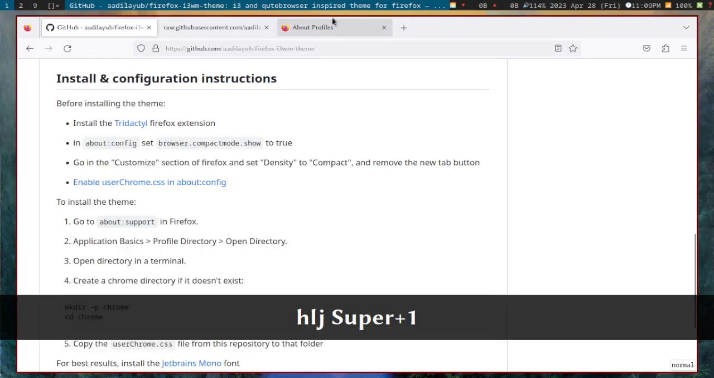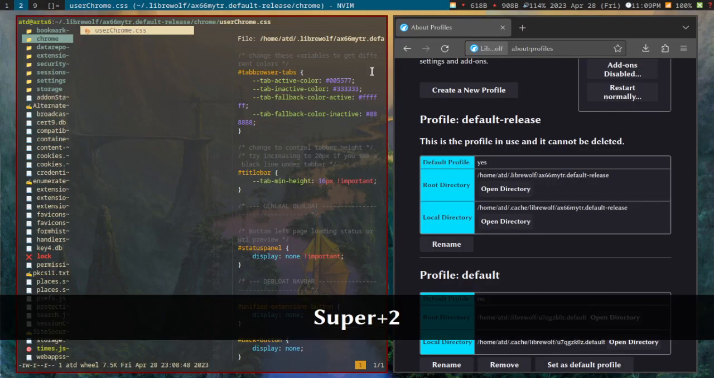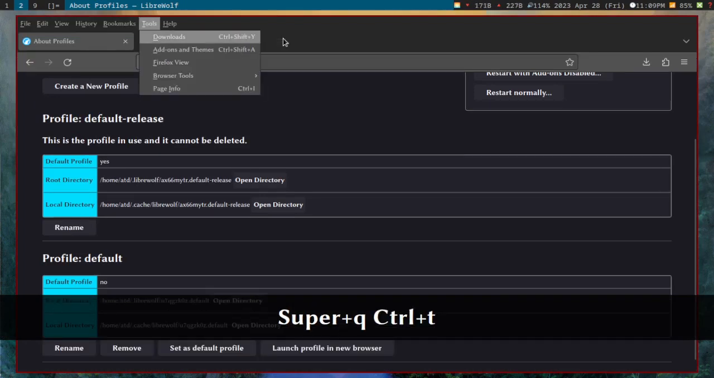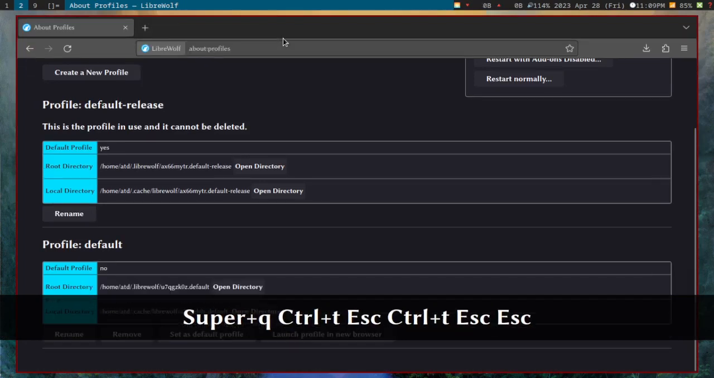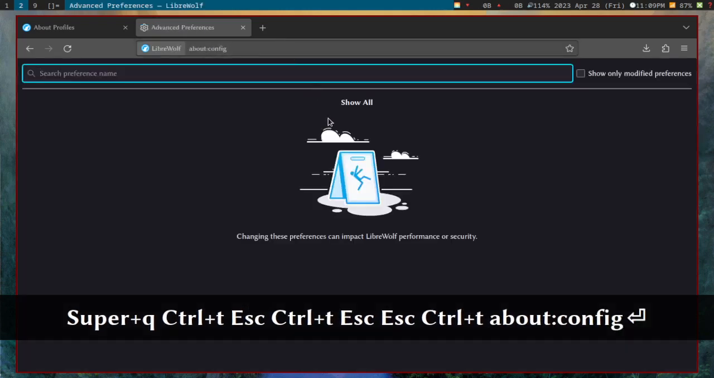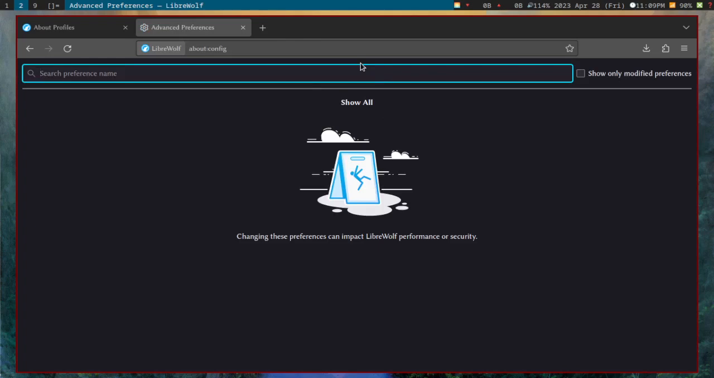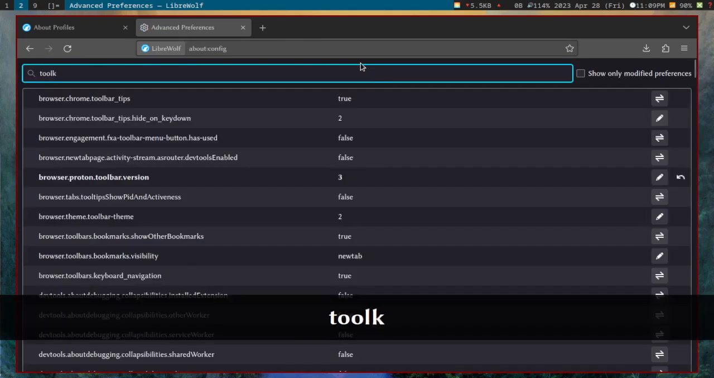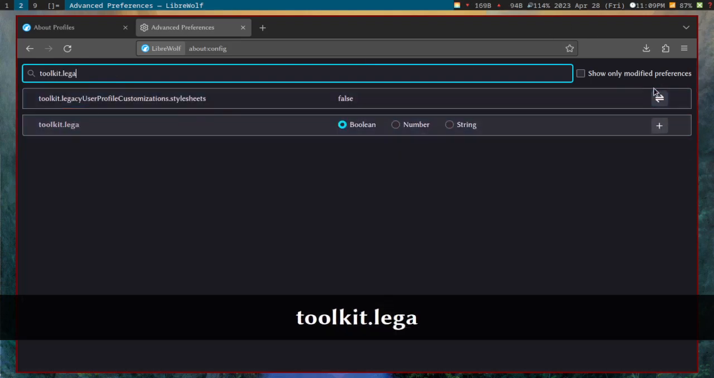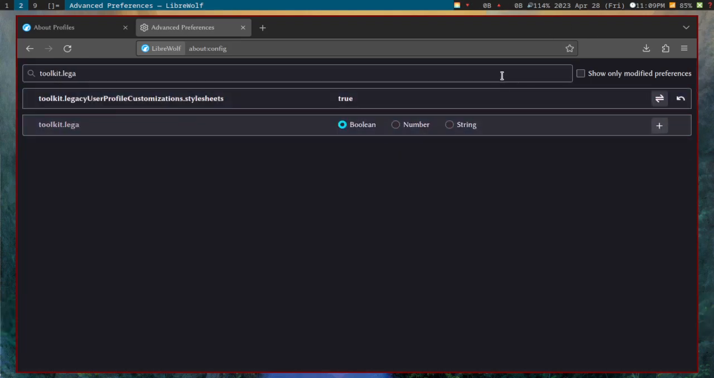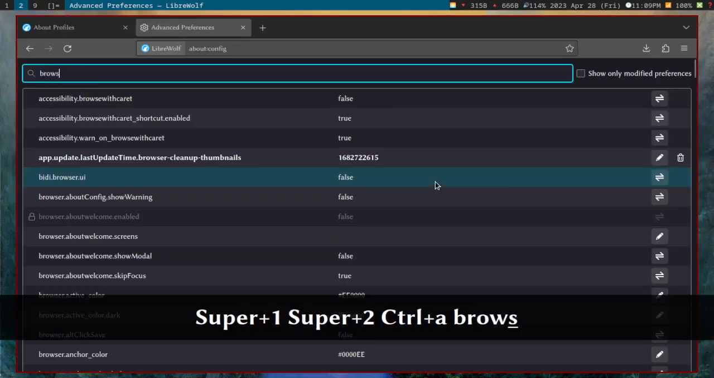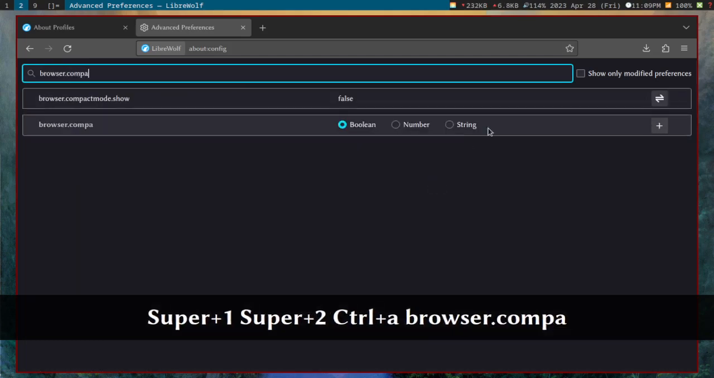And then after modifying your userChrome CSS, you'd want to go to about:config. So you want to open a new tab, about:config, and in here you want to search for toolkit legacy. Okay, you want to set this to true, and then after that I believe it's browser compact. Okay, search for browser compact, and